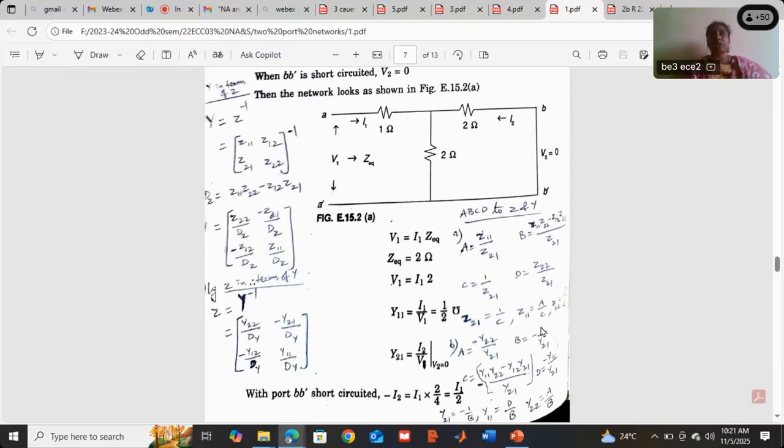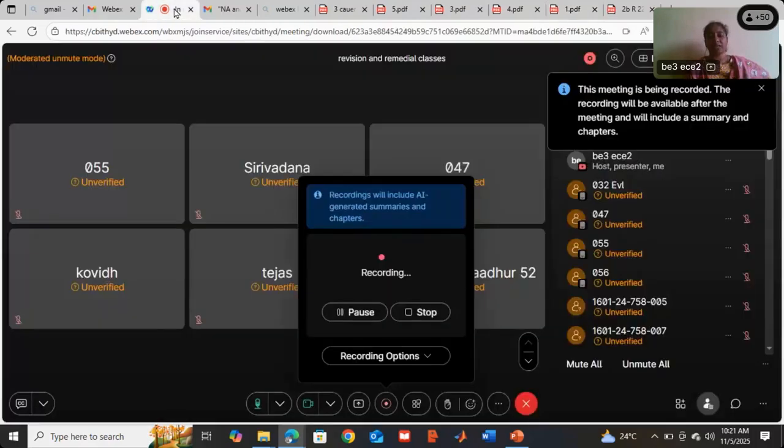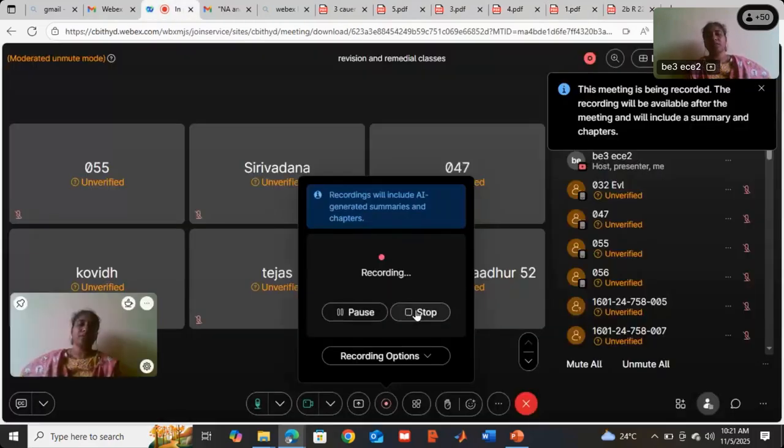Okay. Other than that, you have reciprocity and symmetrical. Symmetrical and reciprocity formulas are there. Based on that also some problems may come. Okay. Direct formula substitution only. That reciprocity and symmetrical property, direct formulas only. It may be very helpful. Okay. With that two-port network,